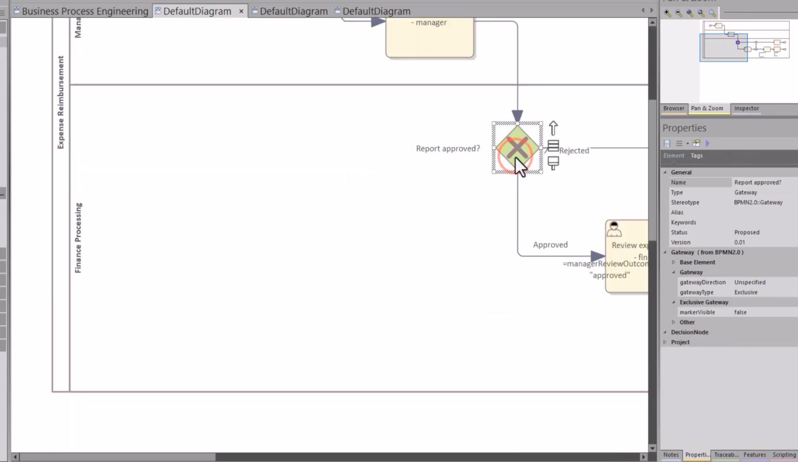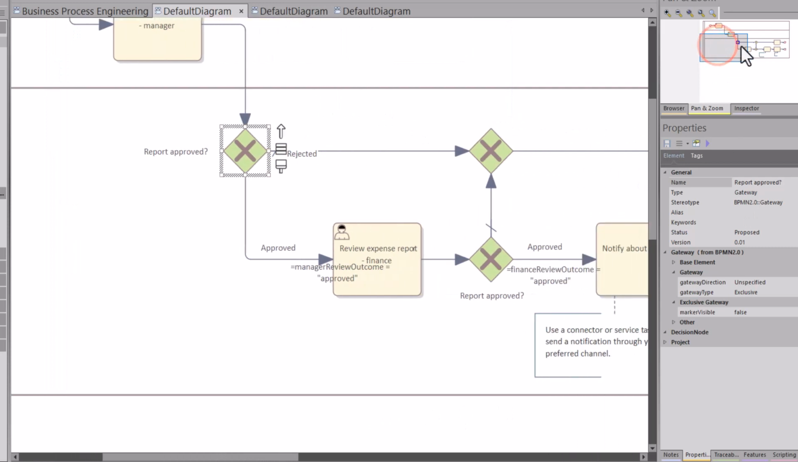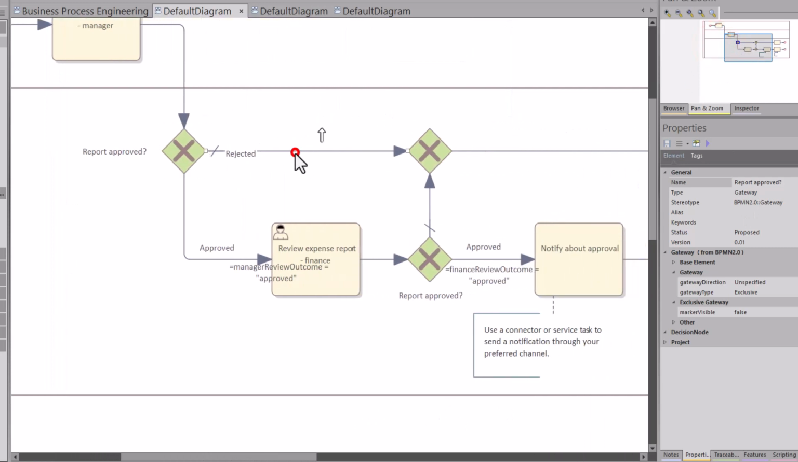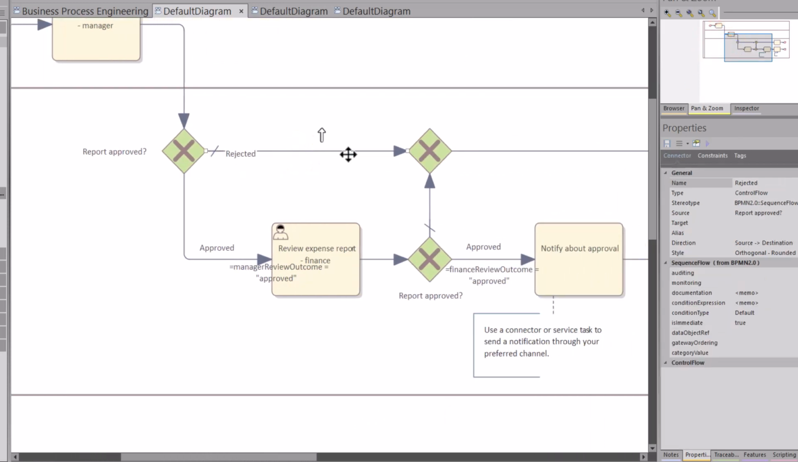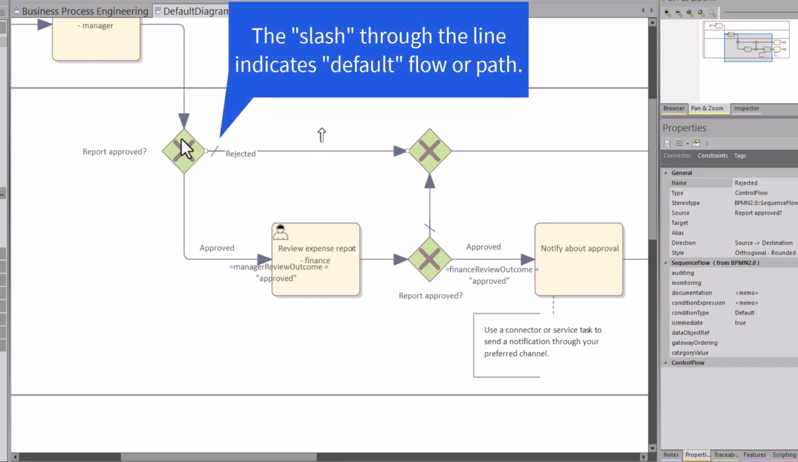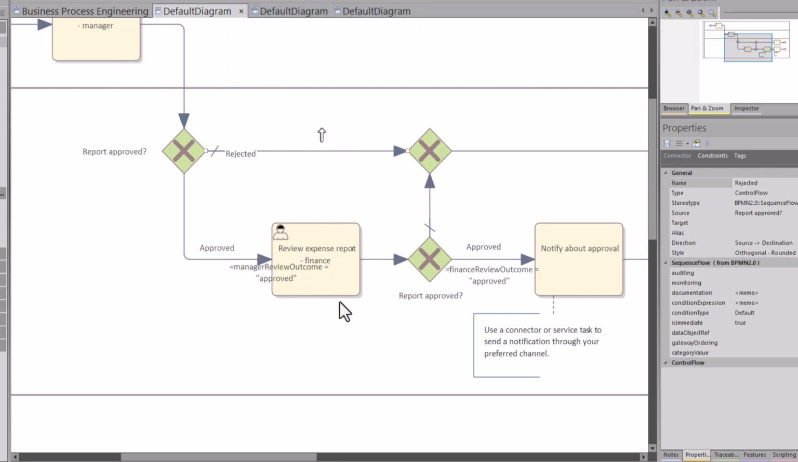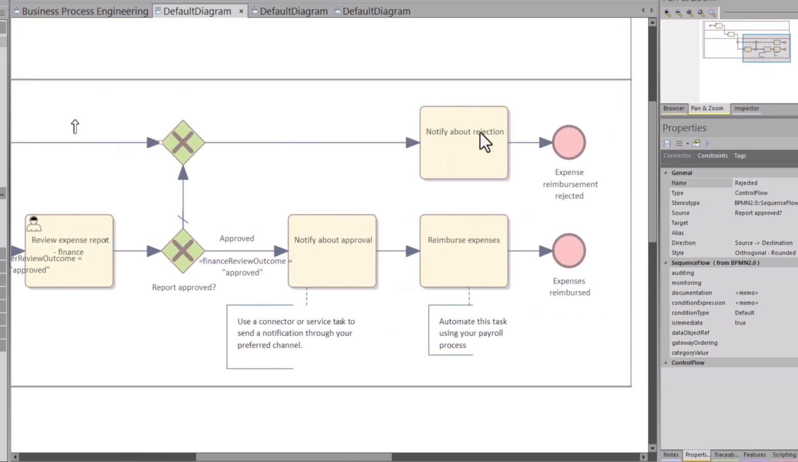And here we come into an exclusive gateway that then either rejects it, and you have a default sequence flow. That's this dash through here. This is default. So if it's rejected, it will not go through the exclusive gateway to the finance department. It just goes right to rejected, and then you see a notification, abort rejection, and then the expense reimbursement is